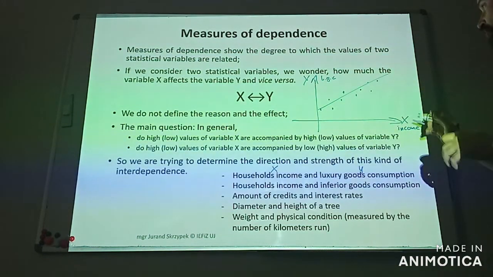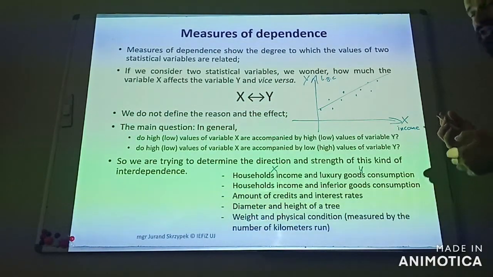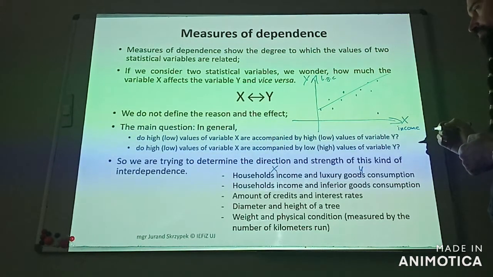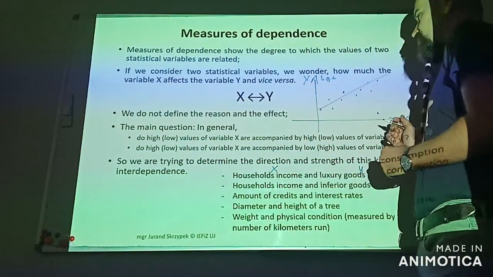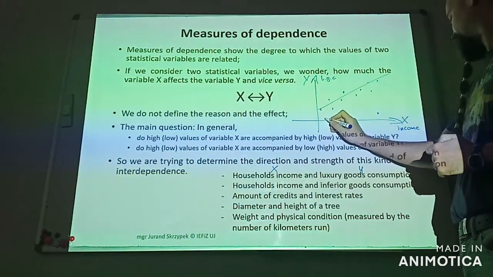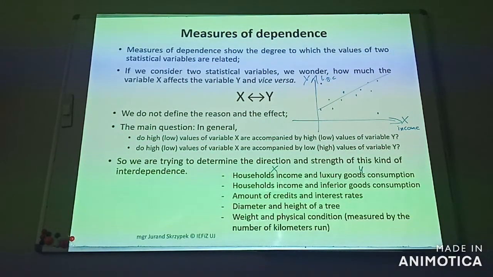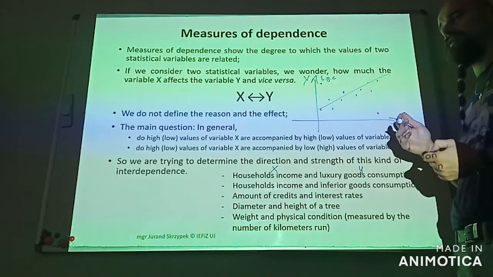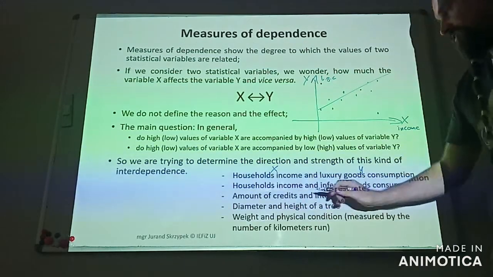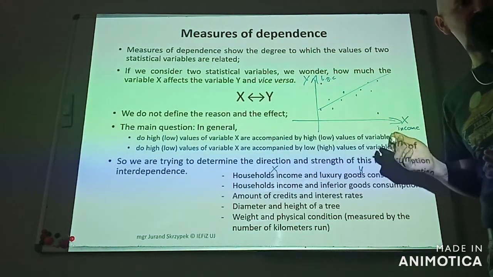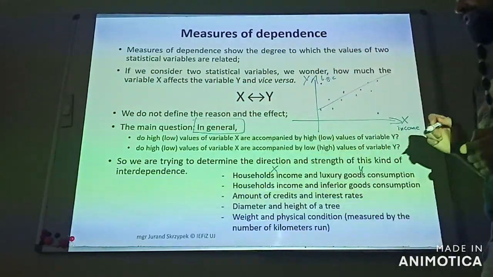We can perceive here a statistical tendency. Of course, we can meet households that have high income and low luxury goods consumption, because they are mean and don't like luxury goods. It's possible, of course. We can also meet the situation where we have a poor household, but they consume a lot of luxury goods, because they take credits and purchase luxury goods using credits. It is also possible, which is why I emphasize the phrase in general,